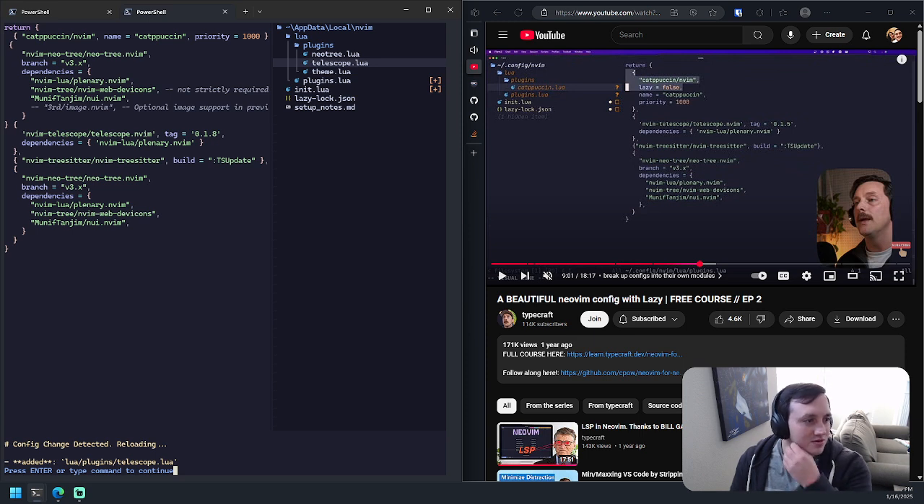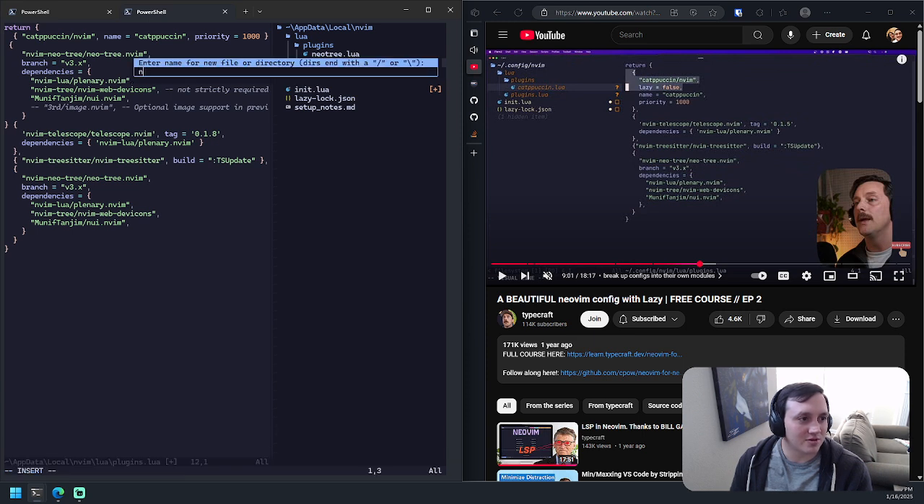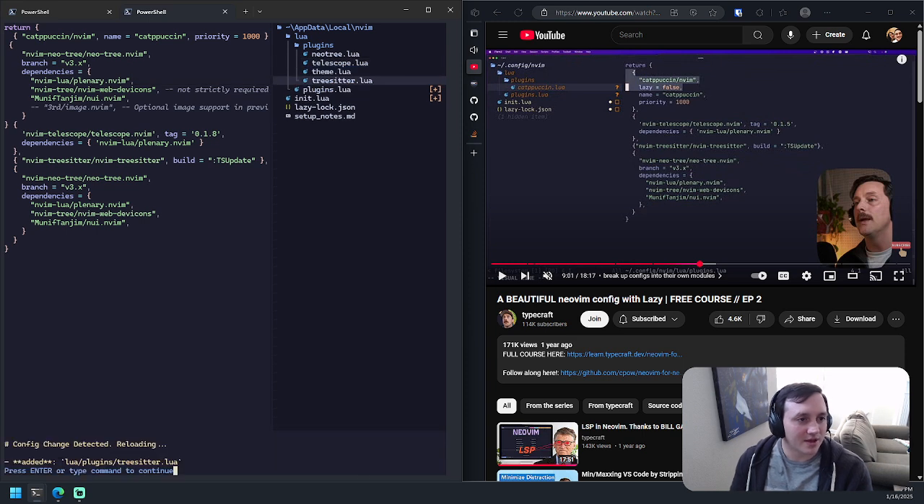Wait, I have a duplicated plugin there, don't I? I have two neotrees in there. Okay, so neotree, telescope theme, and tree sitter. So tree sitter.lua. Okay, then I'm going to go back to my plugins,